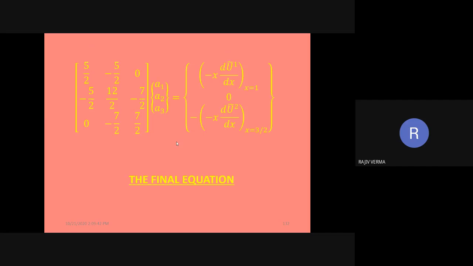And in the next lecture, we are going to illustrate the same procedure with the help of the domain which has been divided into 4 elements. We have seen the solution with the help of one element. We have seen the solution with the help of 2 elements. But in the next lecture, we are going to divide the domain into 4 elements and into 8 elements, and then we'll see how the successive solutions obtained by taking 4 and 8 elements converge towards the exact solution. That is one exercise which we are going to do